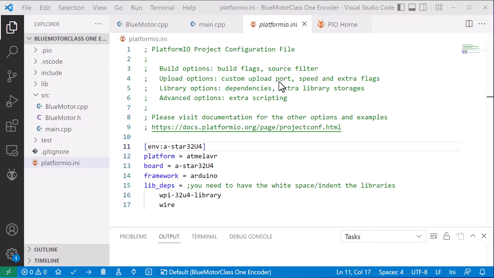Okay, so now we're ready to write our first program for the Romi, and you've downloaded Visual Studio Code and PlatformIO, and you see this little alien head down here. After you've written a program with Visual Studio Code, when you open it, it will open to whatever the last program is that you were working on. So that's why you can see this blue motor. I was working on a blue motor program, but